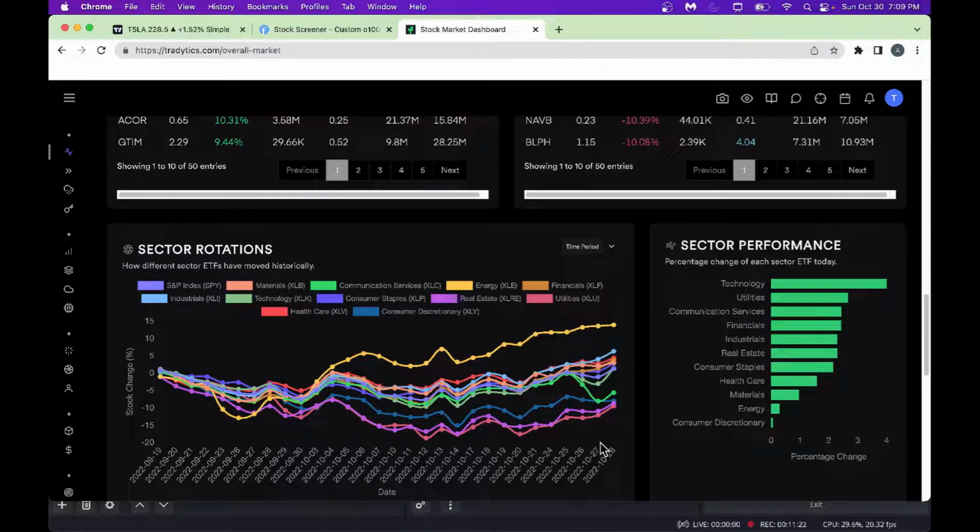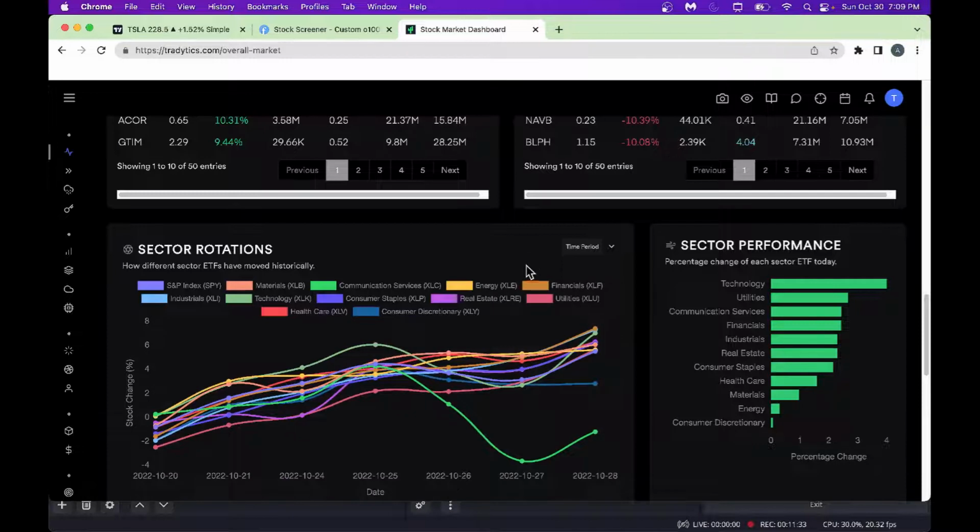So for example, if you're not interested in just one day, you could go here and change the time frame. This is one thing I like about this platform. You could always change the time frame here. You could look at a 7-day period. Clearly in a 7-day period, communications is down big time. Right here, XLC, look, it is now turning around. It could be a good time to start buying some XLC. Or if you want to buy individual stocks, you could buy stocks like Meta, Snapchat, and Pinterest, and so forth. They're turning around.